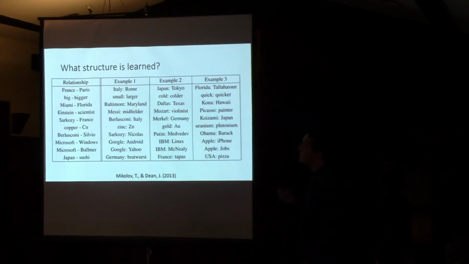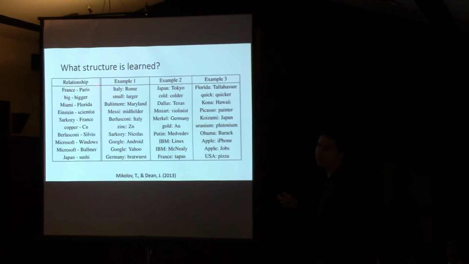So what structure is learned? I'll get more deeper into the idea of structure, but what kind of relationships are learned? How do you explore this? So what they'll do is they'll start off that analogy, given an example relationship. They'll say France is to Paris as Italy is to, and they'll ask the algorithm to complete that. They'll say Rome.